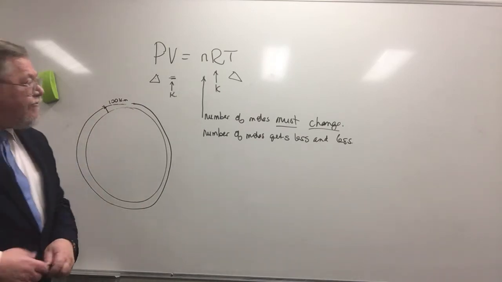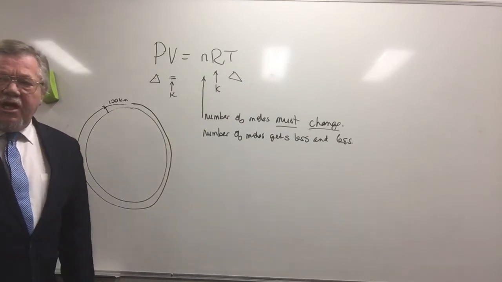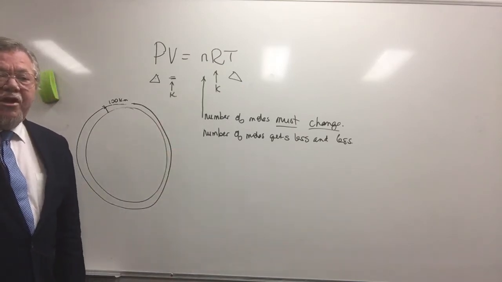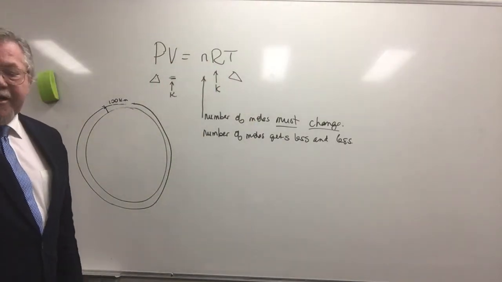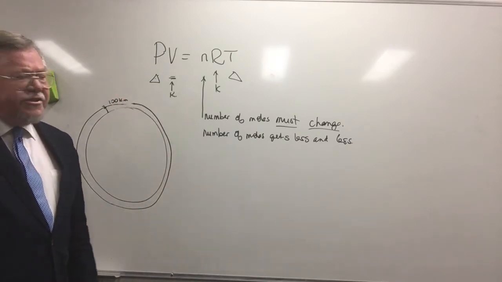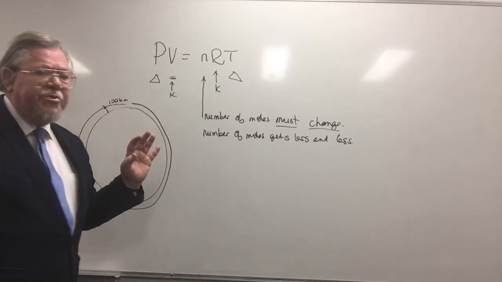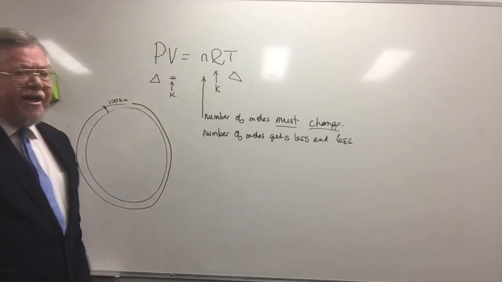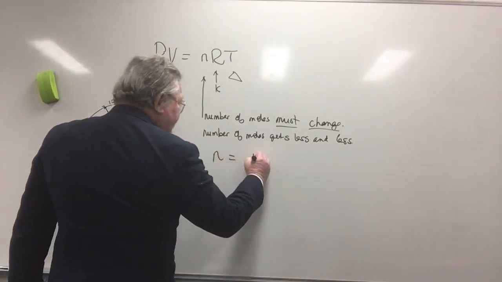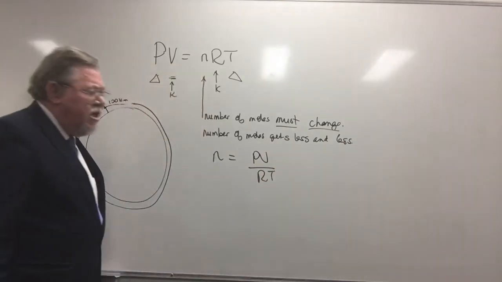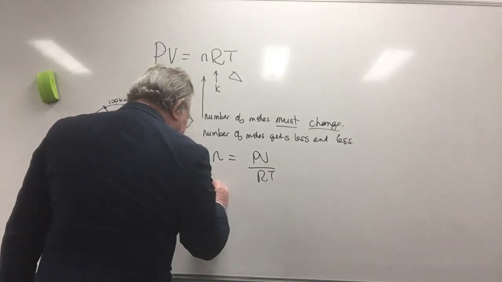But now we know, if we wanted to know exactly how many particles this represents, that's also easy for us to do. At a given pressure and a given temperature, which we can take from the data, from the graph, we can calculate the number of moles. Because N equals PV over RT, we can therefore calculate the number of moles. And we know that in 1 mole,